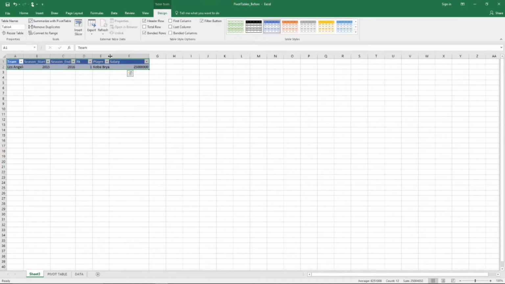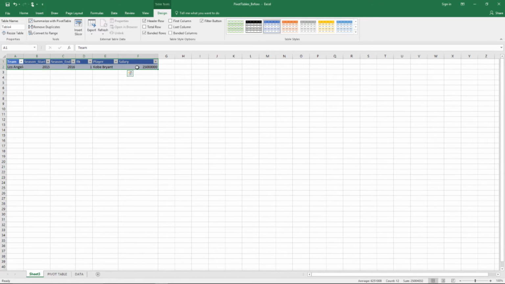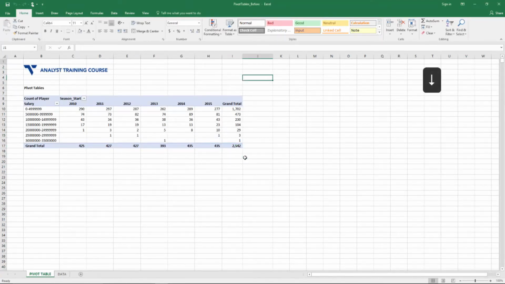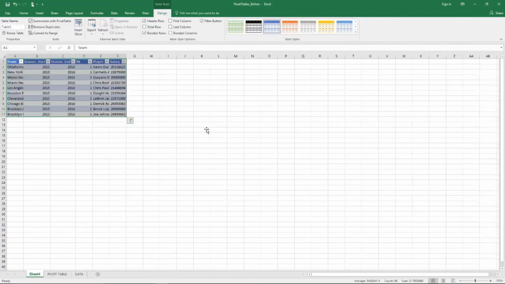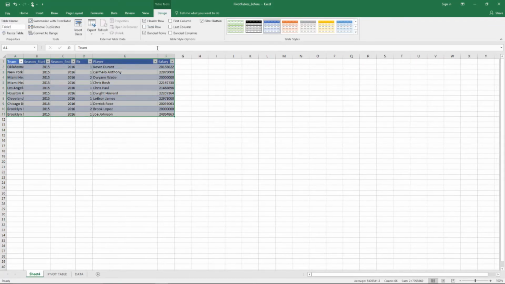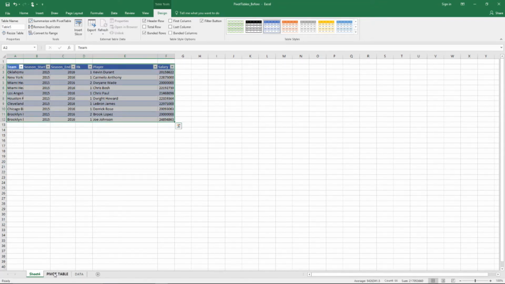So he earned $25 million in that season. I'm going to again come over here, right click and delete this tab. Click delete. Okay, and I can do this for any one of these items. So for this 10 here between 20 and $24.9 million, let's see who these people were. So we have all of these individuals here. So what that basically just does is give me a little bit more insight into those individuals that make up